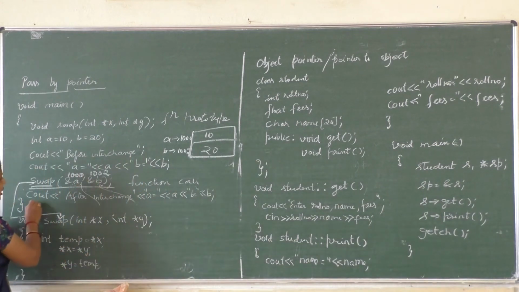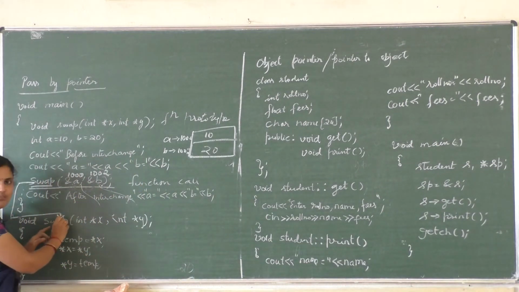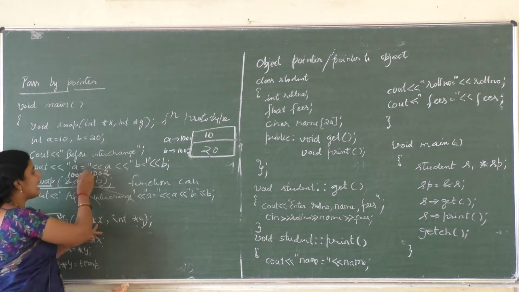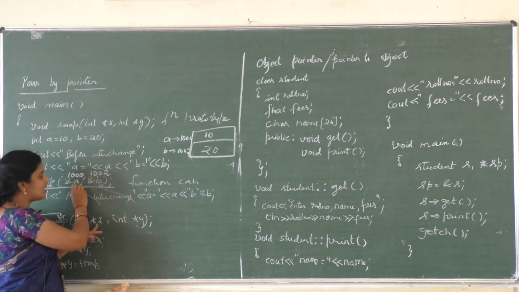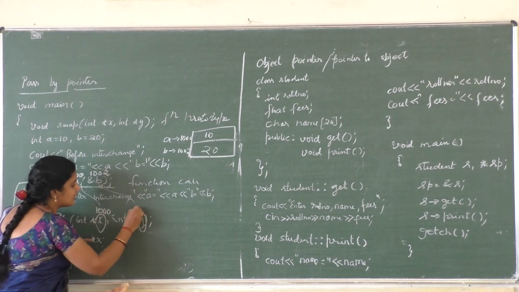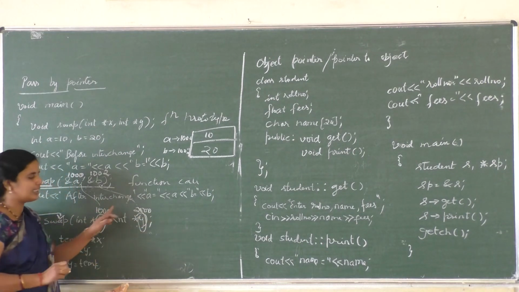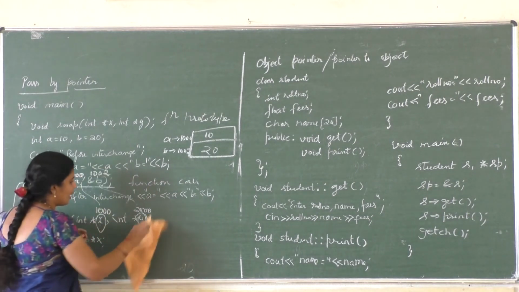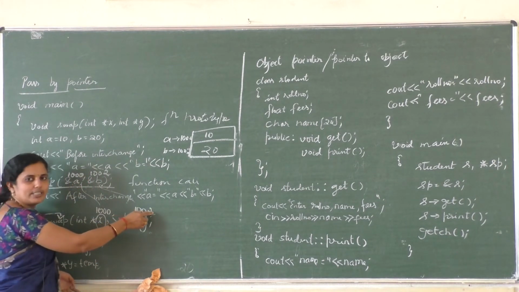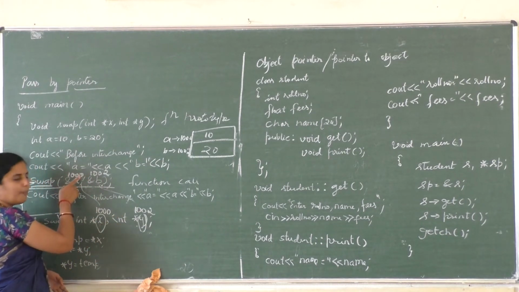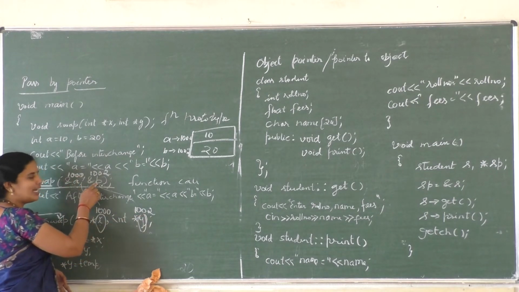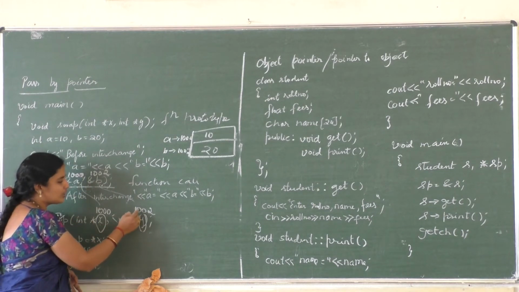So here I am calling a function. Control directly comes to the function swap, and here X and Y are formal arguments. To these, the A and B values will be copied. What is &A? 1000. So X gets the value 1000. And Y gets the value how much? 1002. Sorry, Y gets the value 1002. X is copied with the value &A, so x is equal to 1000. Y is copied with the value 1002, that is y is equal to 1002.